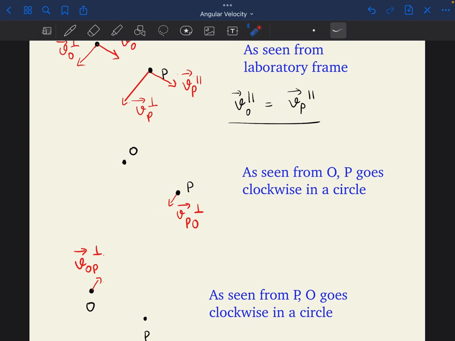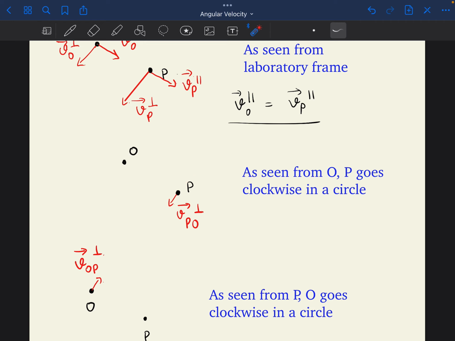So one confusion that may arise over here is that there is no circular path, because we are only looking at an instantaneous picture. But we can understand it that if P were going around in a circular path, then at this particular instant when OP is oriented like this, P will have a velocity like this or like this. It can only have velocities in two directions. In short, we can say if P is actually going in a circular path around O,